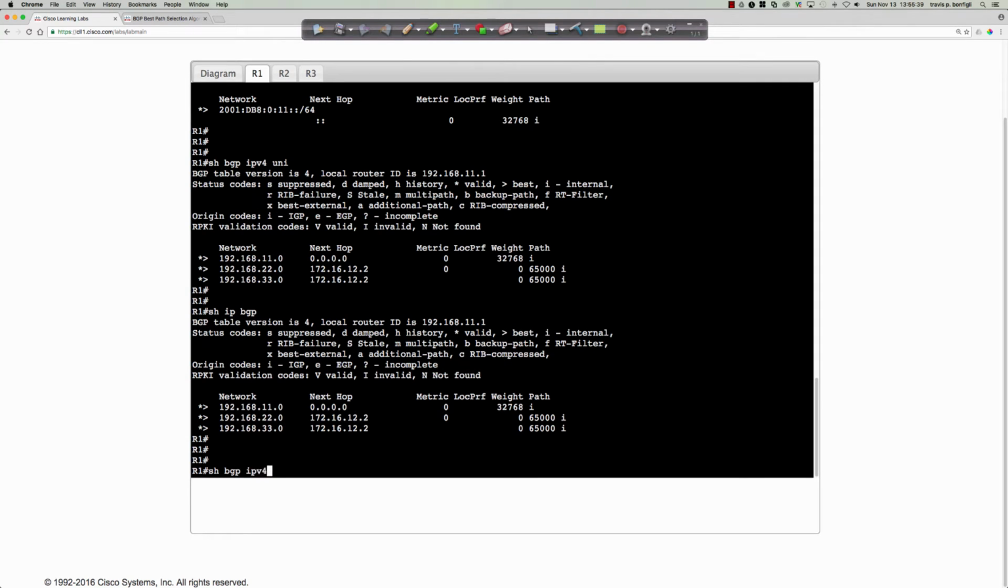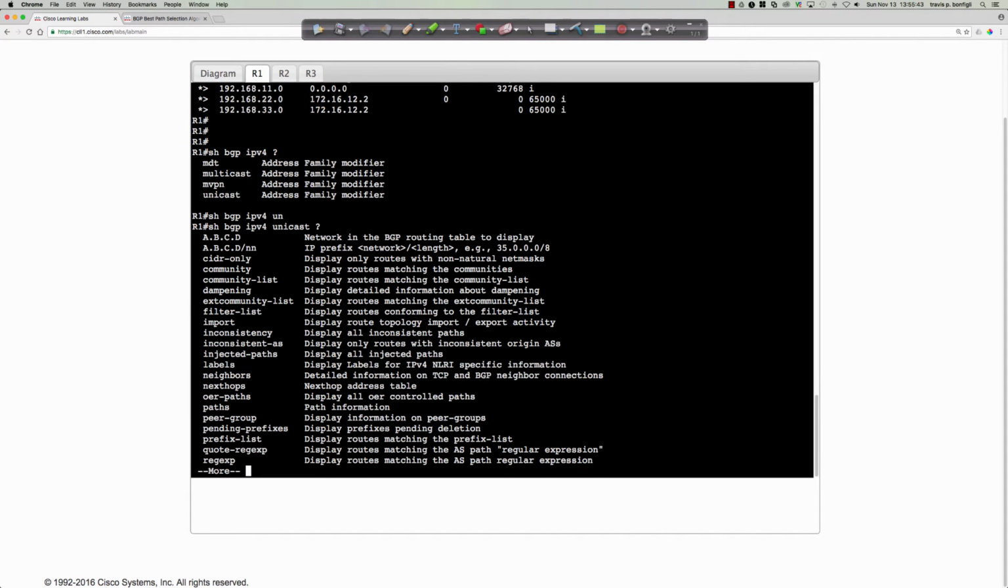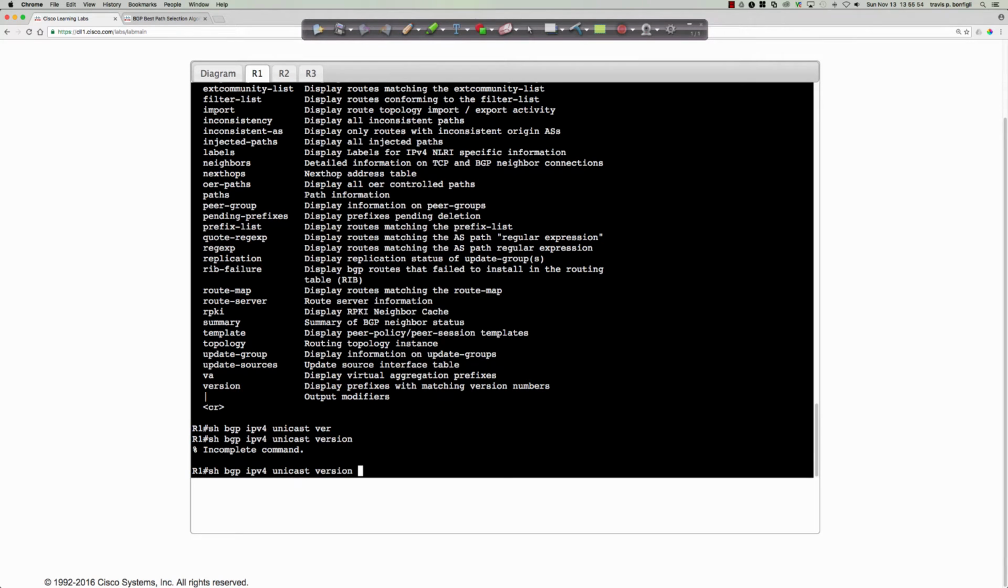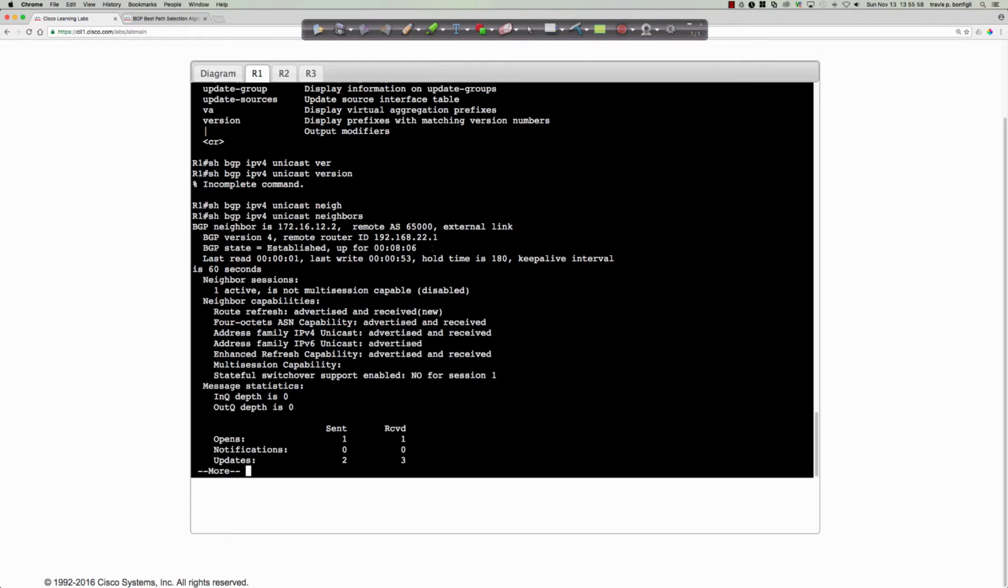Show BGP IPv4. If I did a question mark, you can see, well, say unicast, and then the question mark, you can see I can say neighbors, I can say summary, I can say peer group. So again, you can display, we can say version, right? Oops, so we go version. Let's go with neighbors. And so then there's the neighbor command, right? We can see external link for the neighbor